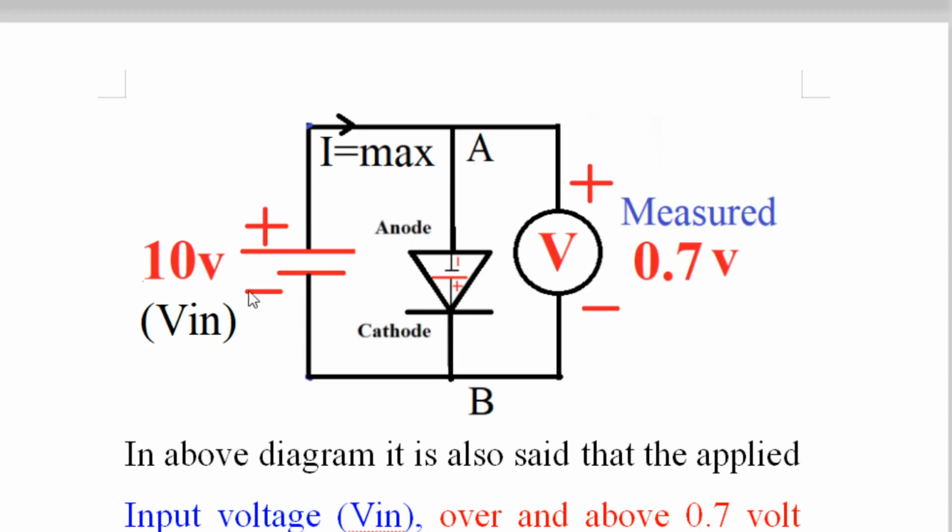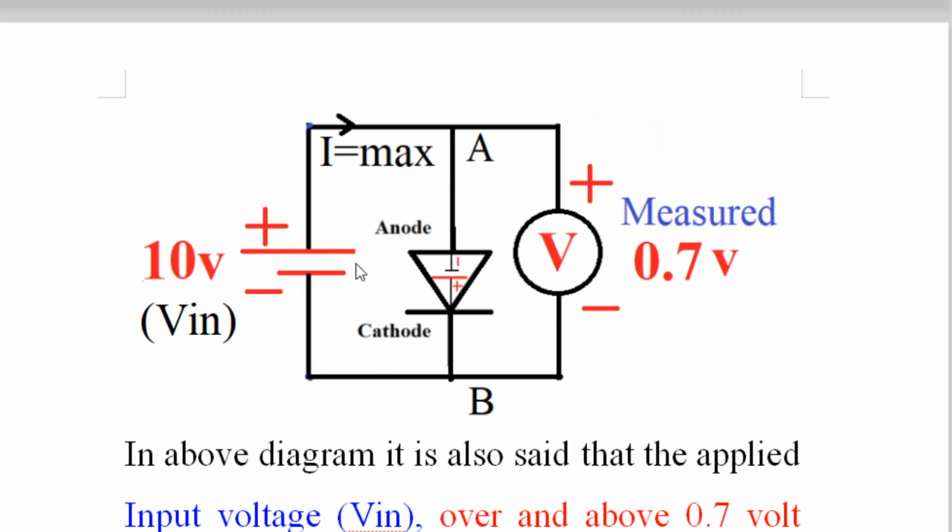Why is the diode forward biased? Because barrier potential is 0.7 volt, applied voltage is 10 volt, which is much greater than barrier potential. And now in this case, here is your diode, DC voltage, that is battery V in, and a voltmeter which is connected such that plus is to the positive of battery and to the anode also, minus is to the negative of battery and to the cathode also. This diode, now it is measuring.